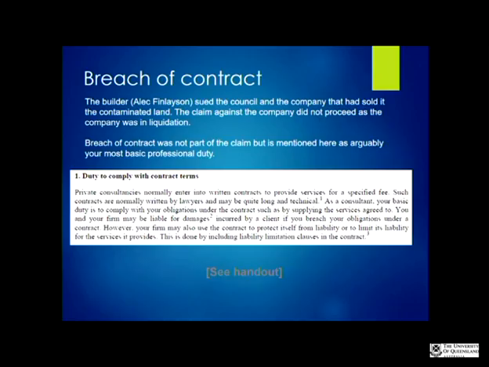So we'll talk about breach of contract first, because that's the one that's most common to all professions: you have to comply with the terms of your contract, which read another way means it's really important that you draft your contract to reflect what you're planning to do for your client.